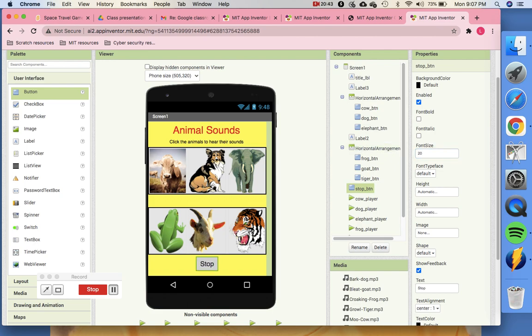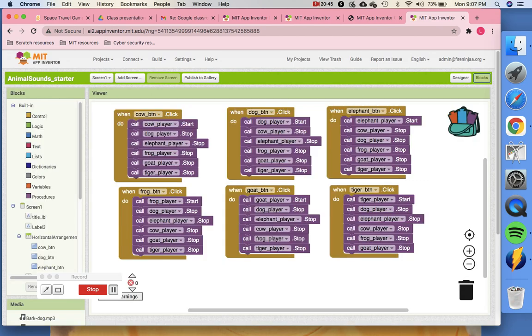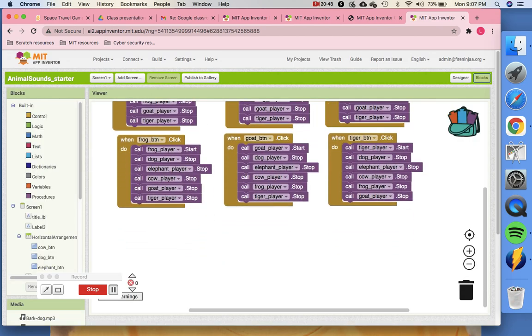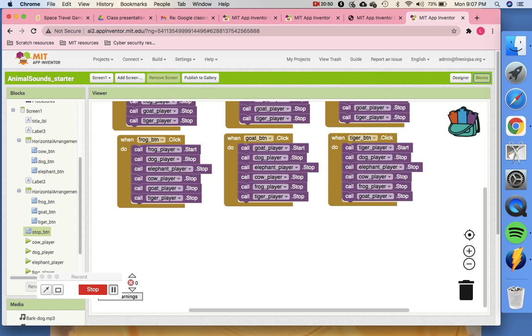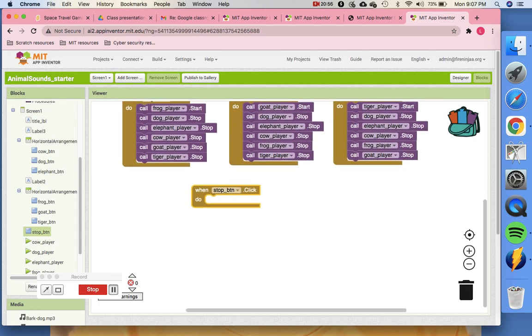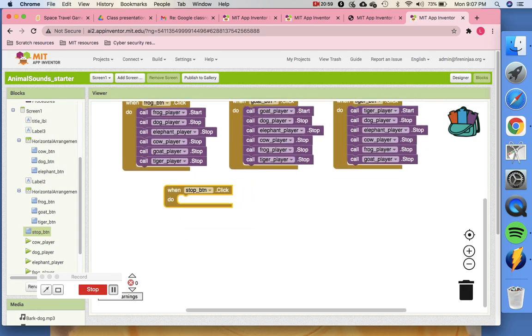Now what we'll do is we'll go and code this button. So come to blocks, and now since you have this stop button here, come down, you have to come to stop button. You have to say when stop button dot click. Okay, what you have to do, you just have to stop all the players.